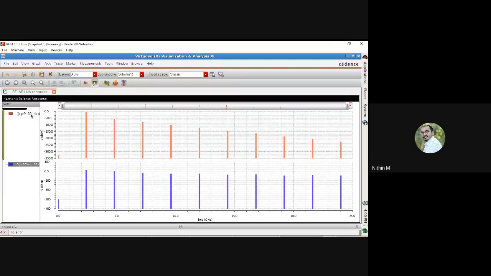Yeah, so what I was telling is I have given two input signals, one with an amplitude of minus 30 dBm and another with an amplitude of minus 5 dBm. Comparing these two, this is a larger amplitude. As you increase your input signal amplitude, you are making your system heavily nonlinear, because you are forcing your system to operate in the nonlinear part of the curve. That will definitely result in harmonics, and your harmonic components are strong compared to the previous one.